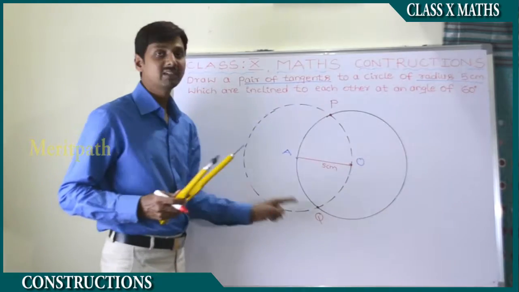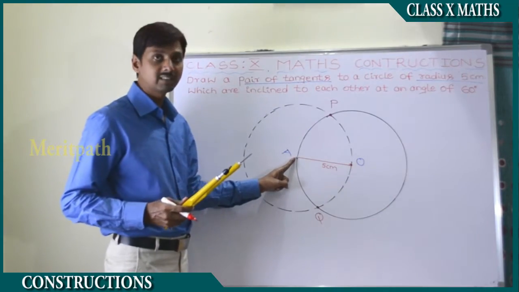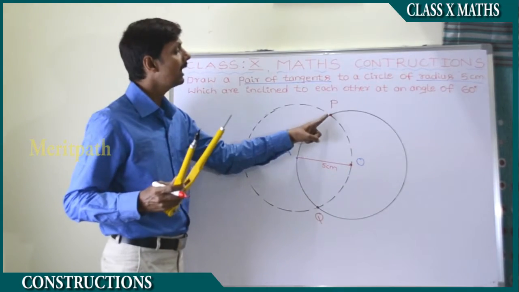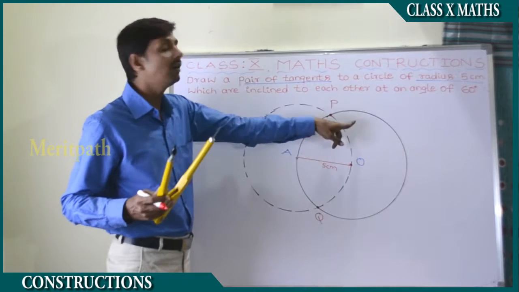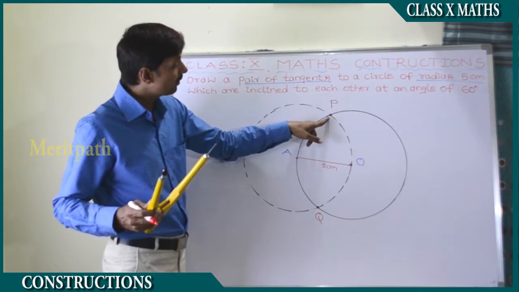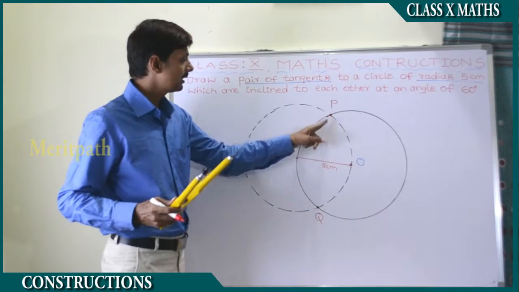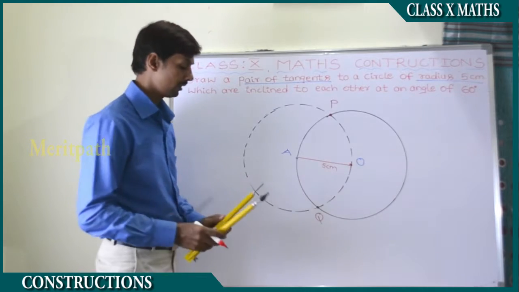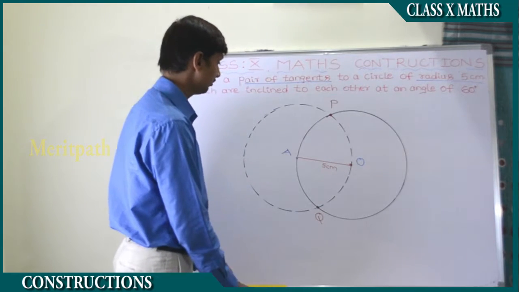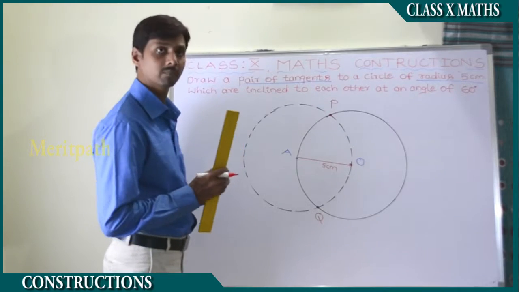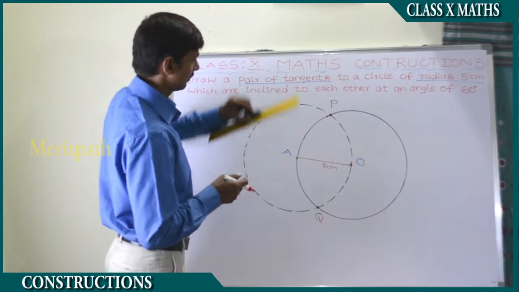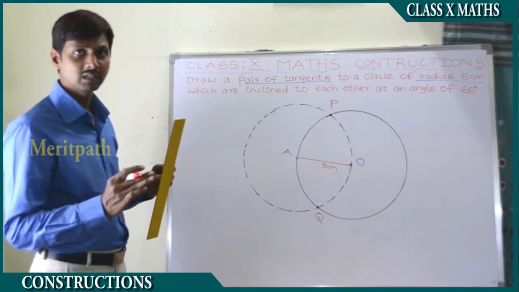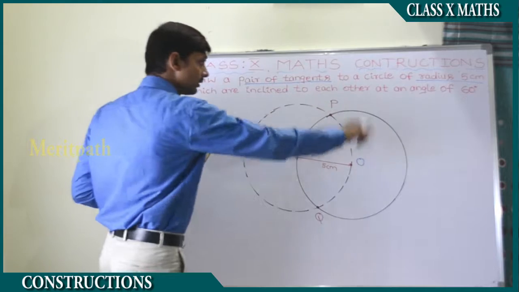We have drawn a circle of 5 centimeters radius, and using the point A, drawn another circle with the same radius of 5 centimeters, and the second circle is intersecting the first circle at 2 points, P and Q. Using the points P and Q, let's draw tangents,